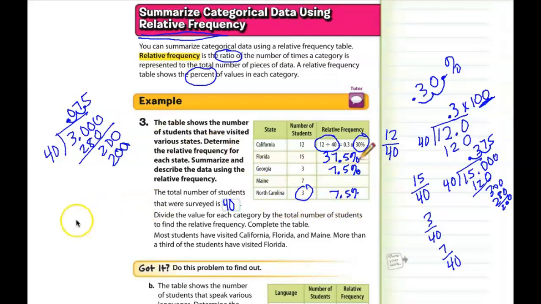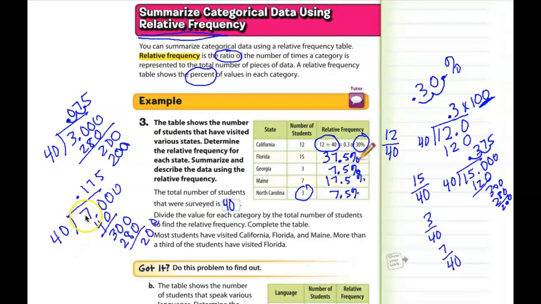So finally, let's figure out the relative frequency of 7/40. So let's divide the number 7 by 40. Go ahead and answer that for me, please. All right, so again, we're going to have to annex a 0 here, and 1 times 40 is 40. Subtract that, we get 30. Bring down a 0. 7 times 40 is 280. We get 20. Bring down a 0. So